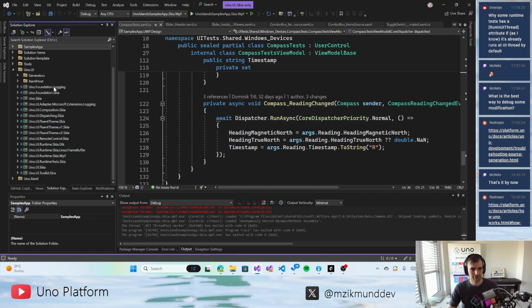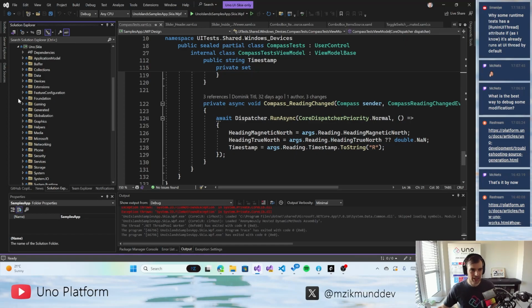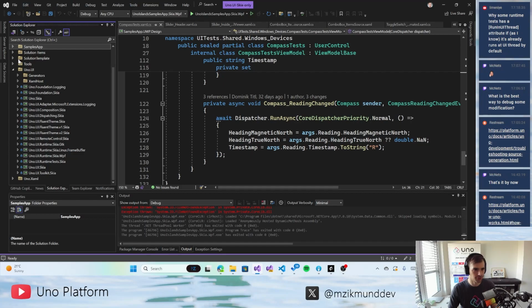And we achieve that by having the same namespaces, the same API surface, the public API surface as Windows. And if we were to maintain this manually, it would be a terrible, terrible nightmare. So we want to avoid this, of course. And we have a special feature just for this purpose. So if you go to any of those projects that I showed you, like UNO Foundation, UNO itself, or UNO UI,